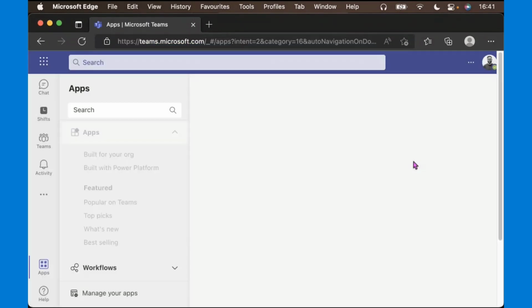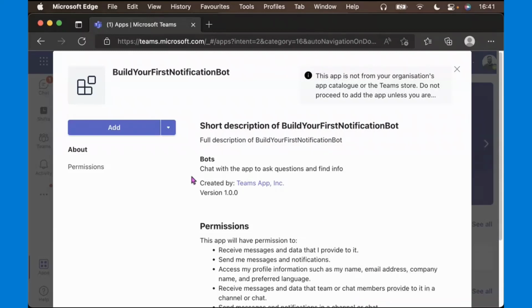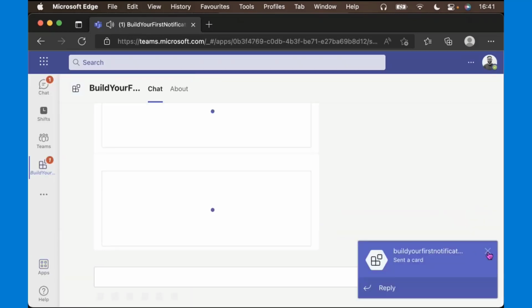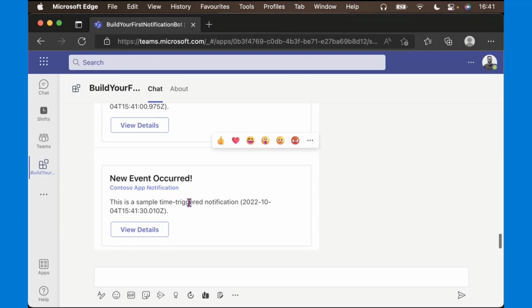Now, this bot has two triggers. It has the timer trigger and it also has the HTTP trigger as well. We've actually already got a message sent in. The timer trigger has already kicked in. This is the side loading. I mentioned before, we've got different places that we can install this app: team, chat, or actually a meeting. If you just click add, that will install the app as a personal app into the user context. So I'm just going to do that for now. And we should see that we've got our timer triggered event that has come through. That adaptive card has been sent.